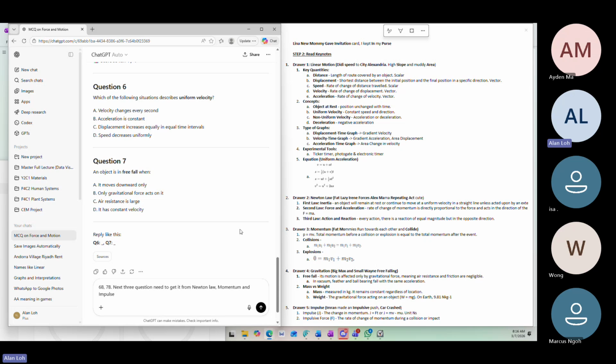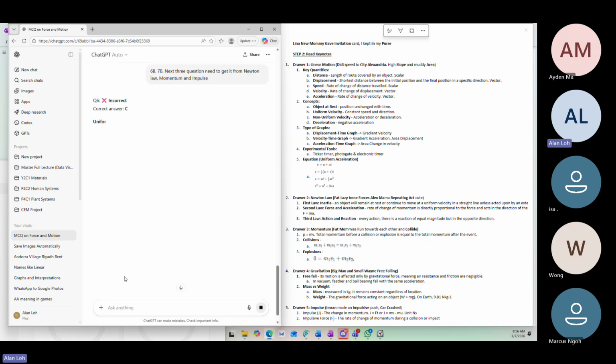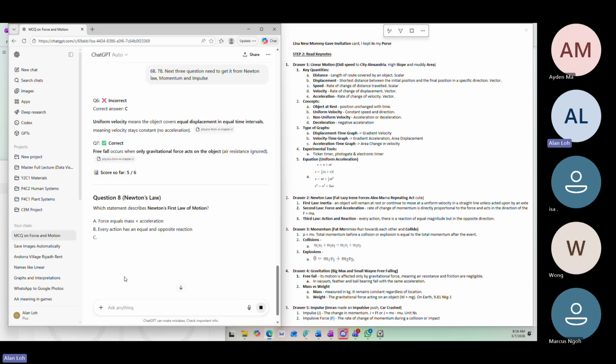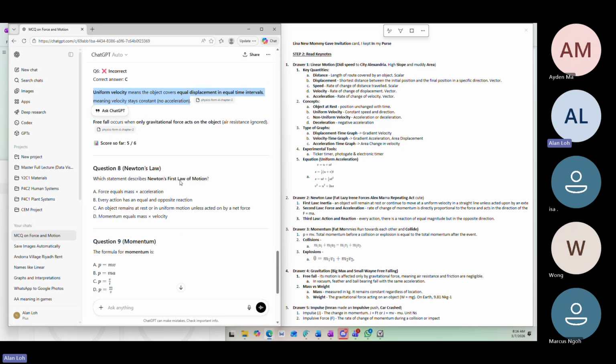Okay, for the sake of time, we will see whether it's B. Right, it's not B, it's C. Why is it C? Uniform velocity means the object covers equal distance in equal time intervals, meaning velocity stays constant, no acceleration. Okay, right, it's good. So there's new information that we are learning from this new answer. Okay, so next,